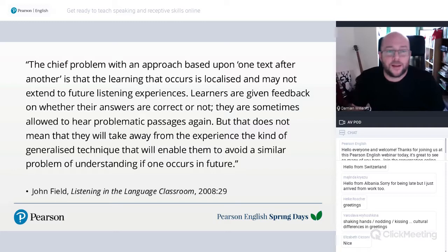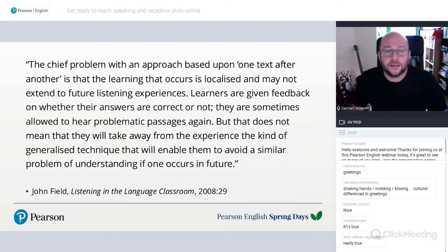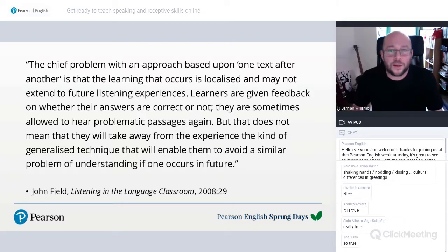Okay, so basically what he's saying is learners get feedback, whether it's correct or not, but then the listening ends there usually. And while they're practicing listening, they're not really being taught how to listen. So the listening isn't being developed. And that's something that we wanted to do with Roadmap, with listening, reading and writing. So going back to our lesson,